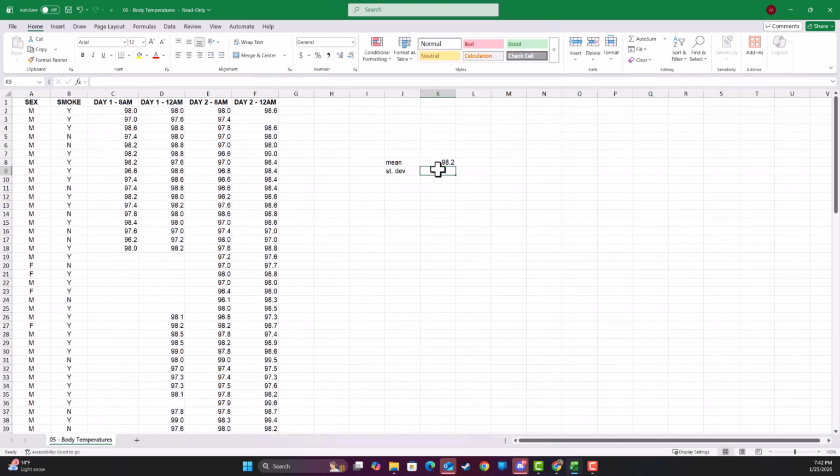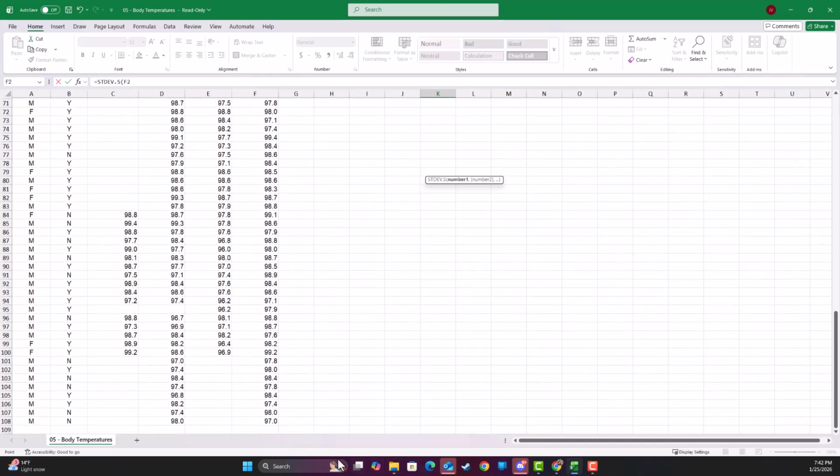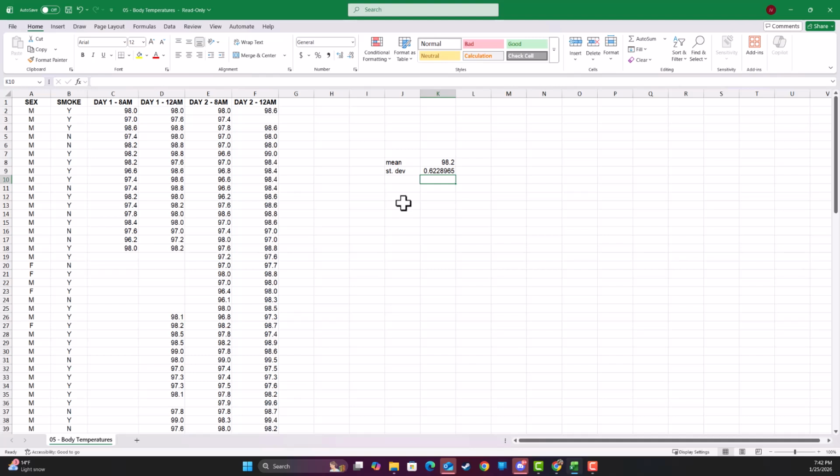Now if I want standard deviation, same thing. Equals, and start typing in standard deviation. This is the sample, so I'm going to use S as opposed to P, that one. And similar, grab this one, and drag down. Grab the last one. Boom. Enter. Now if you want to find significantly low and significantly high, significantly low, and then say below it significantly high,